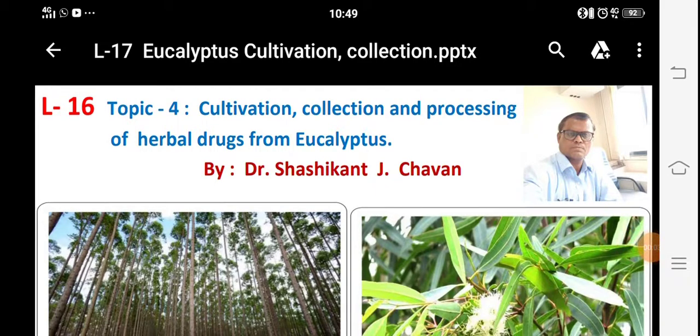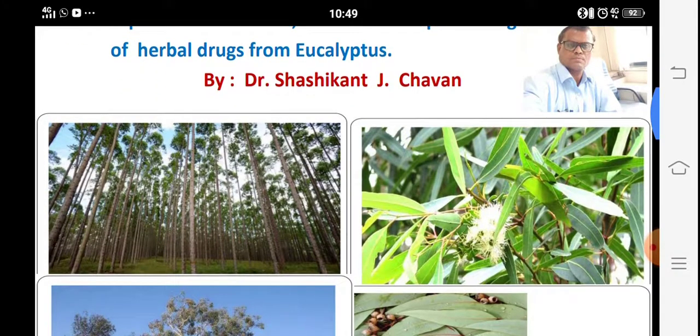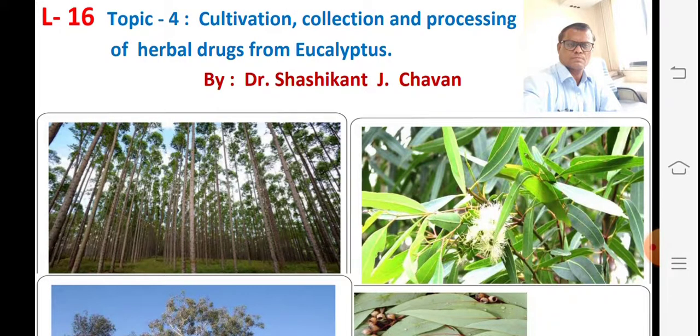So here today again we are observing the second example of our fourth topic under cultivation of herbal drugs. A good second example is eucalyptus. In Marathi it is called Nilgiri. So we are knowing the plants of the Nilgiri. These are monopodial, that is unbranched,